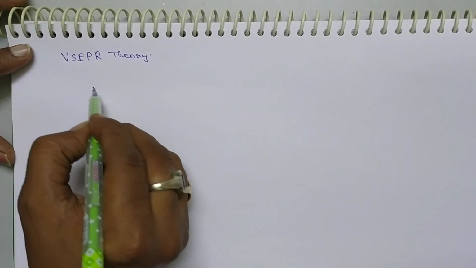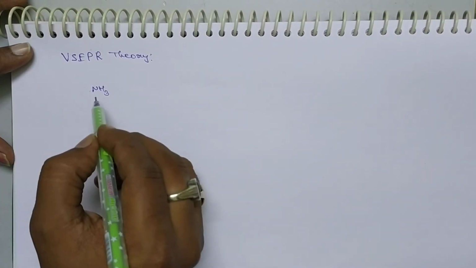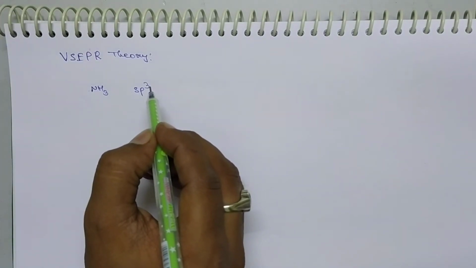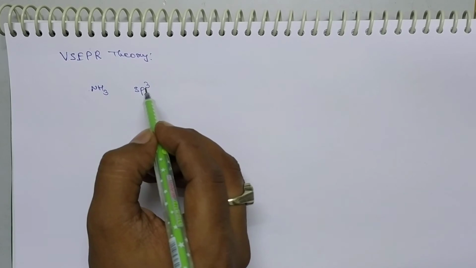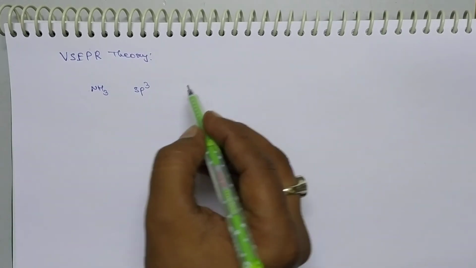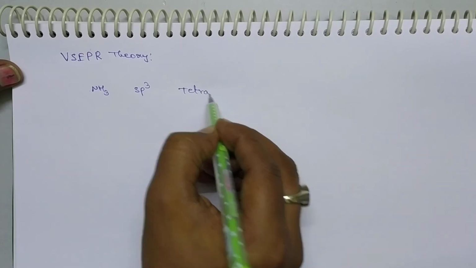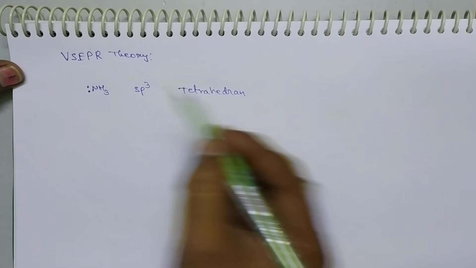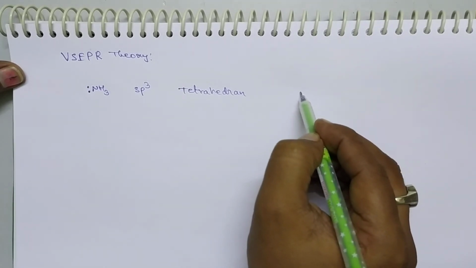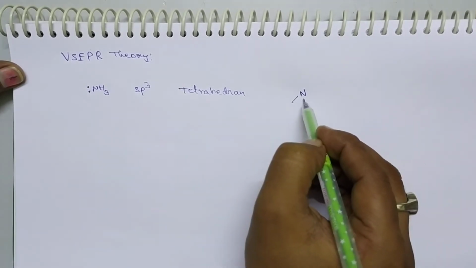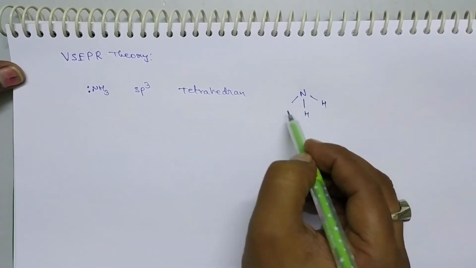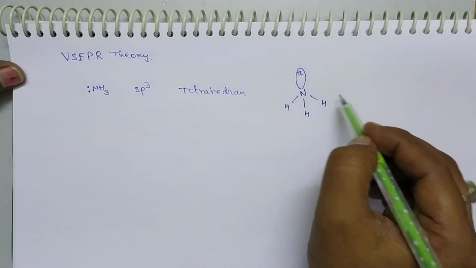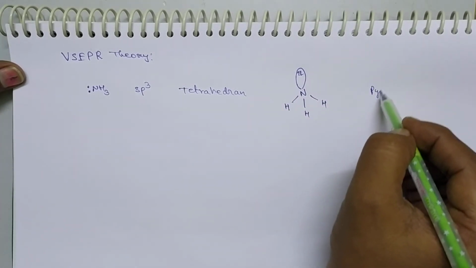Suppose you take the NH3 molecule. For NH3 generally it should undergo sp3 hybridization. For sp3 hybridization the geometry will be tetrahedron. Due to the presence of one lone pair, nitrogen and 3 hydrogens occupy the 3 corners of a pyramid, and the lone pair is present at the apex of the pyramid. So the structure changes to a pyramidal structure.